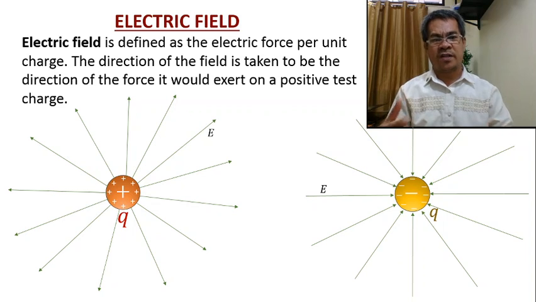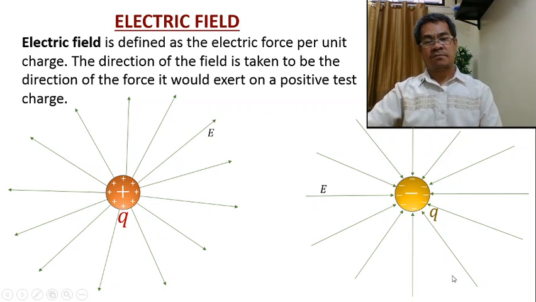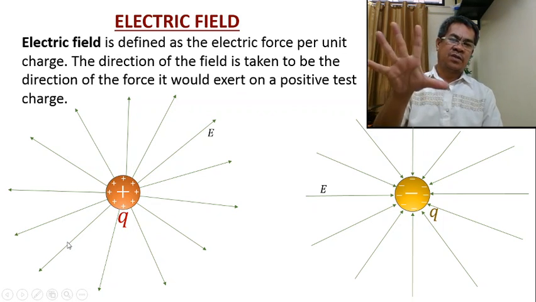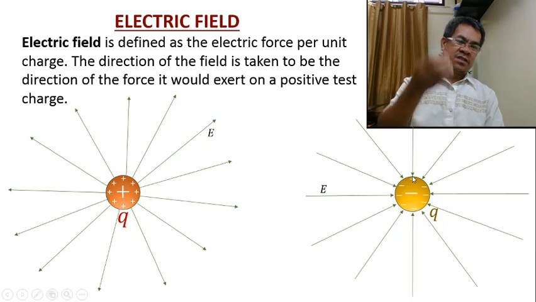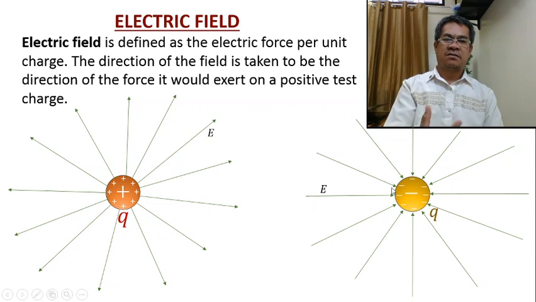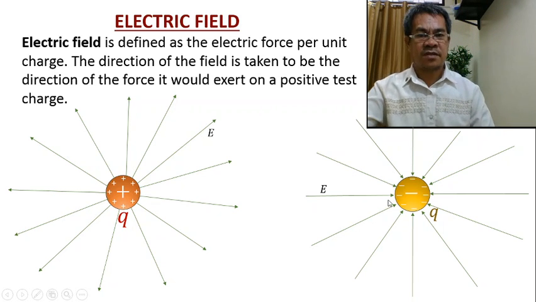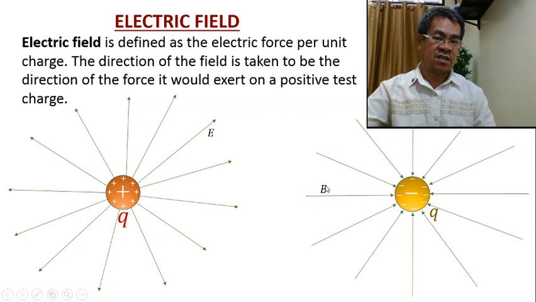Okay. So if you move a charge around this negative charge, it will provide a field distribution which is inward. So if you place a charge here, that charge will tend to move inward. But for this one, if you place a charge here, it will move outward. Because for a positive charge, the electric field is outward, and for a negative charge, the electric field due to this charge is an inward direction. And this is all about the intensity.